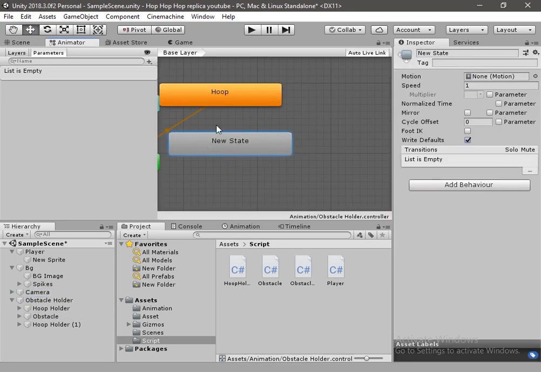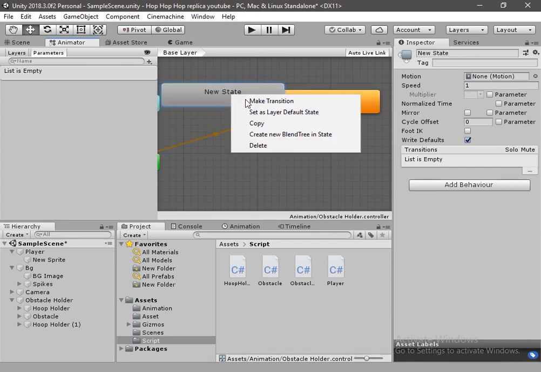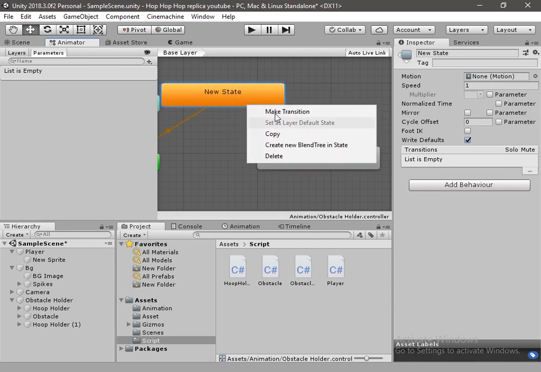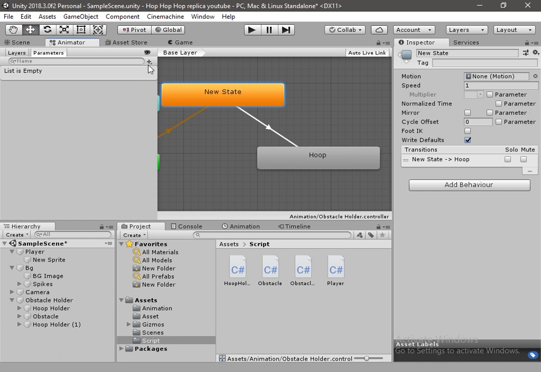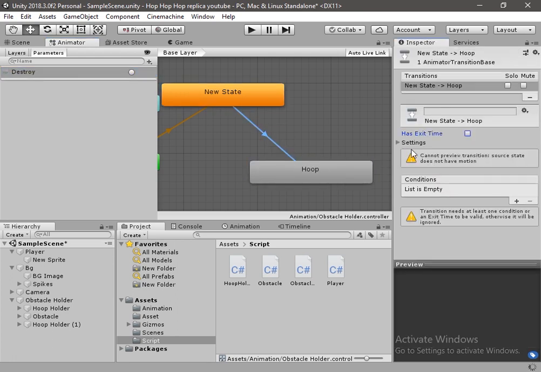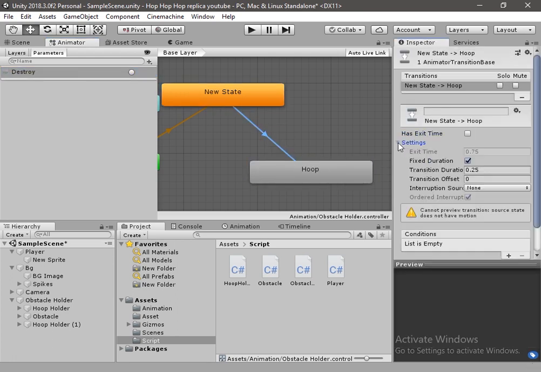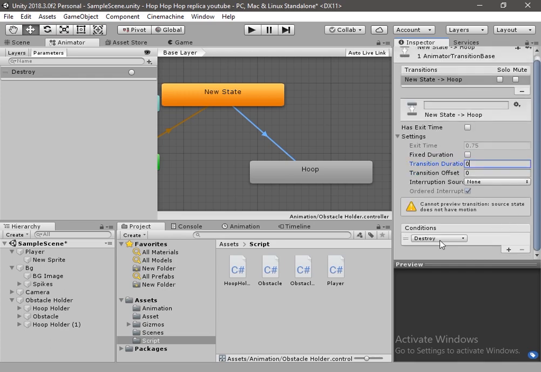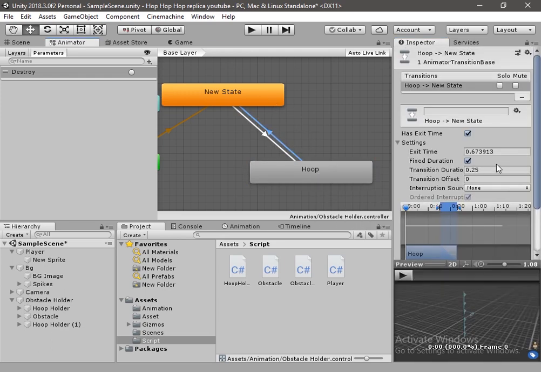So we have to create a default animation as well, which will change to the death animation when death is triggered. Open Animator and create an empty animation. I will change this to default animation. Now I will create a new trigger and I will name it destroy. Assign this trigger to the animation. We don't need to go back to the idle state. I will delete this in the end.